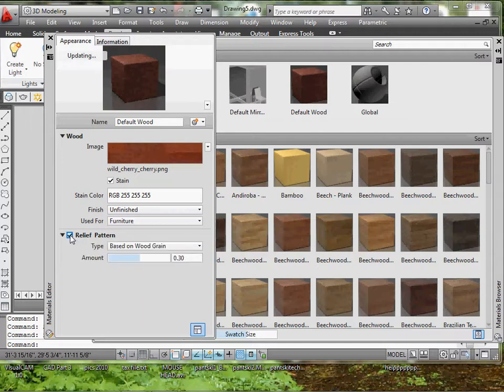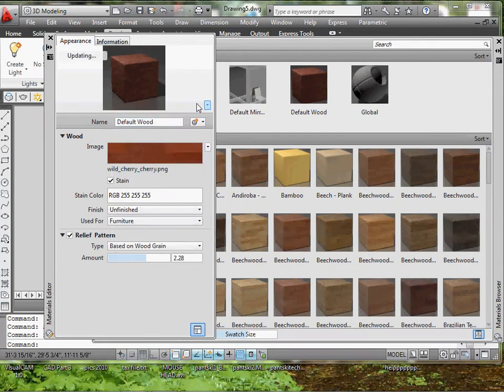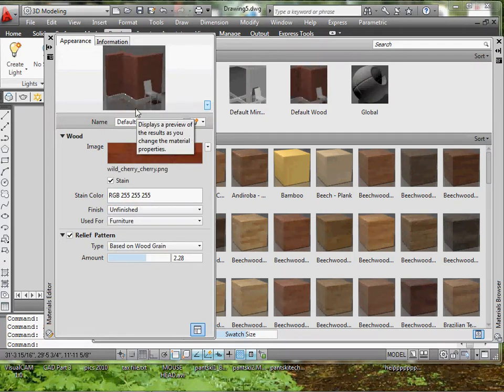Relief pattern. Again, you can customize the grains, the amount of grains, and that previews it. You can also change the preview type. If you're using more like a fabric, you could use a draped fabric. If you're using it for the wall, you might want to use it on the wall. You get a better visual view of it. Again, you guys can't see it as well as I can see on my computer,